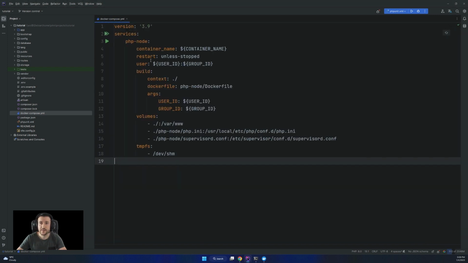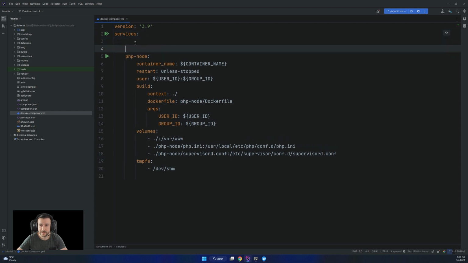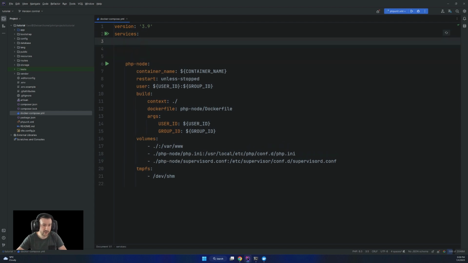So we want to create some services. I'm not really sure about your knowledge, but a Laravel application might need a few services. We need an Nginx, that's the web server that we need to expose. We need a PHP and Node where we can run Composer and some other commands. Maybe a cron defined in there, we will set that up.